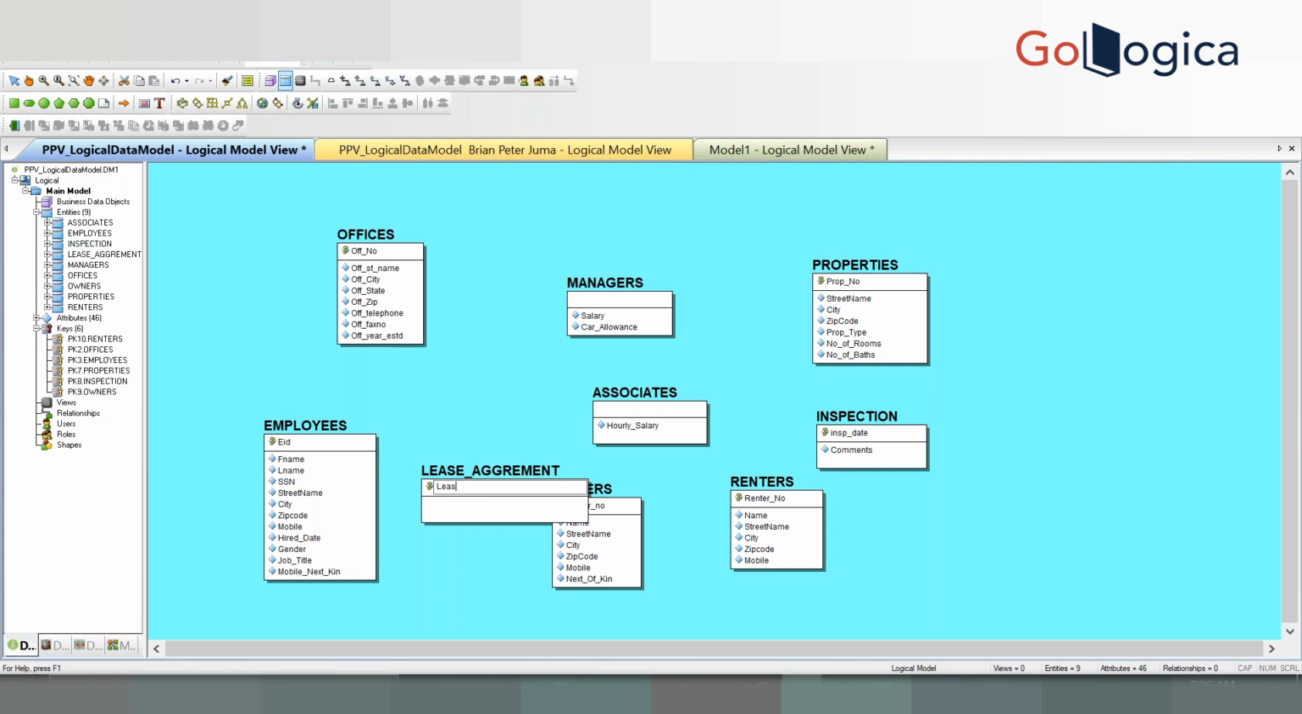Lease ID, rental deposit, monthly rent. So hope we are done with all the required entities, correct? Yes. So when we are done,